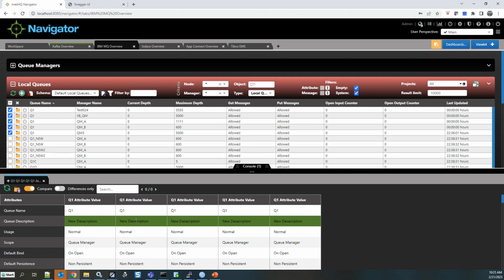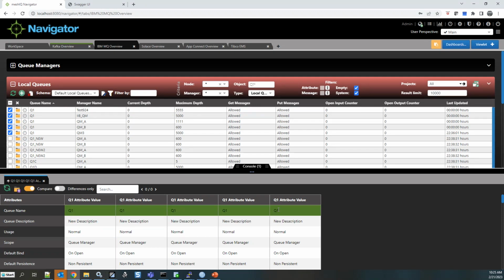Again, those were all across the environment. Some of them were on my local system, some were on cloud-based systems running on Docker, some were on a separate hosted system. So it doesn't matter where they are. And that's another point I want to sink in from this discussion: we took care of all of that ourselves, without you having to understand that's this version of MQ, that's that version.